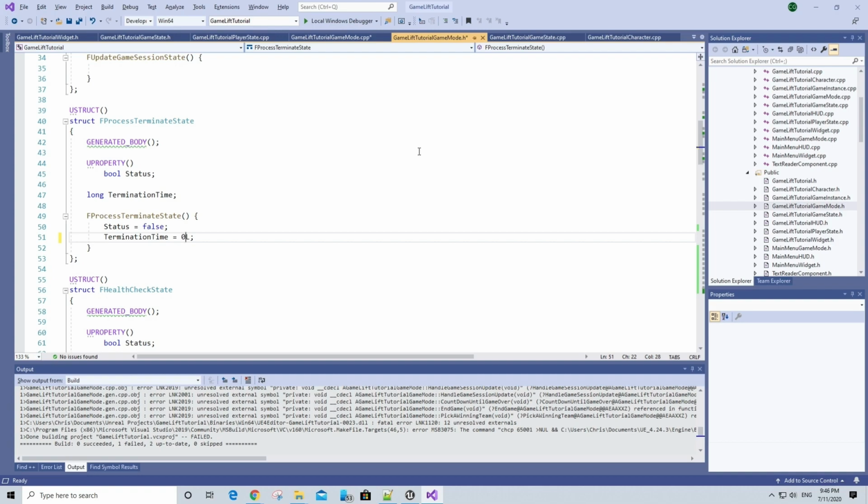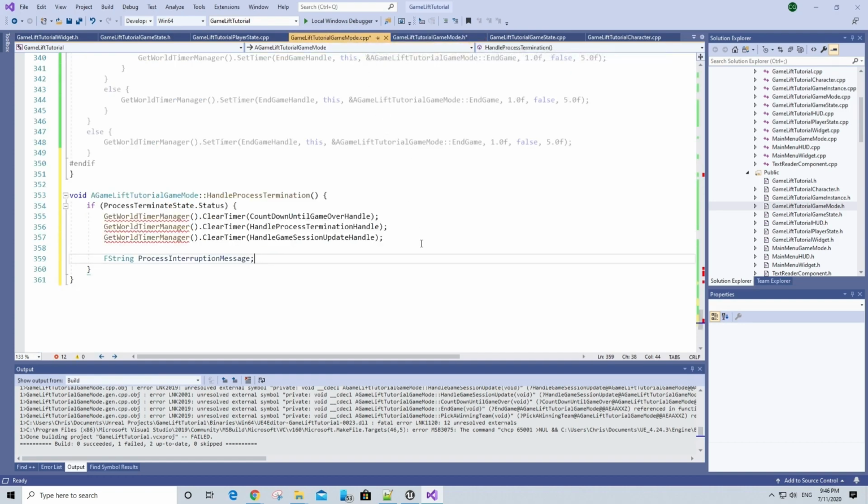Definitely correct me if I'm wrong in the comments below, but I believe the max and min values for a variable of type int64 are the same as the max and min values for a variable of type long. So with that said, let's go back to the GameLiftTutorialGameMode C++ class, and depending on the value of the termination time, let's set the process